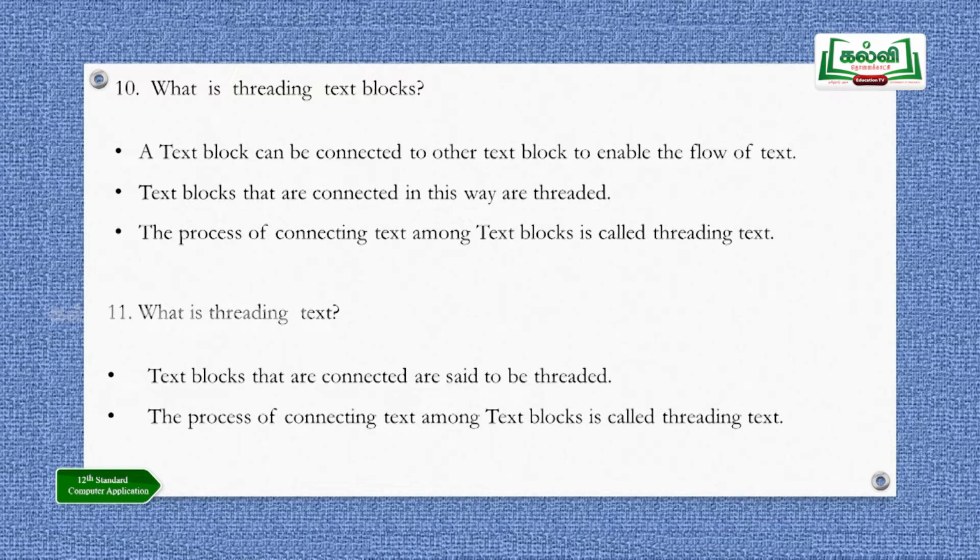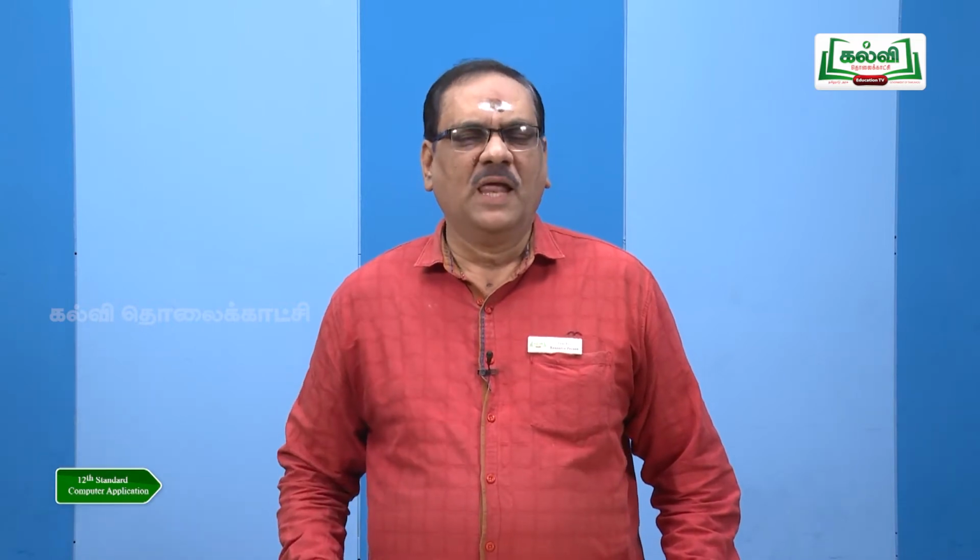What is threading text blocks? If you see any newspapers, all the important news will be given as certain paragraphs on the main page, and the deep explanation will be given in some of the other pages, and they will give you the continuation. You please see page 3 4th para, continuation you see page 2 3rd para, like that. They will give only the gist in the first page, that is the opening page.